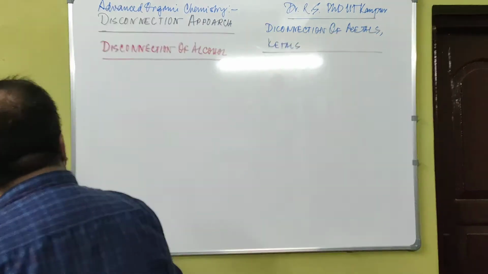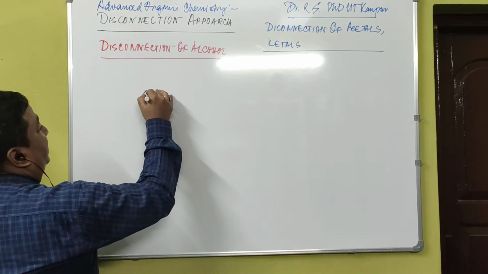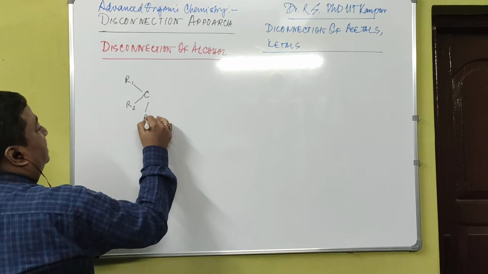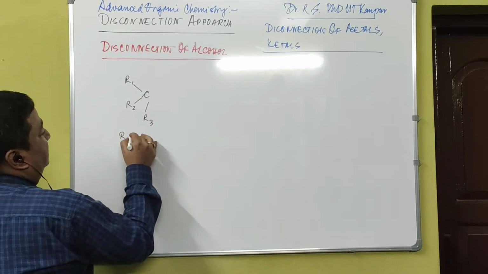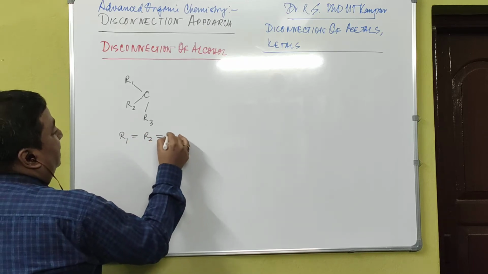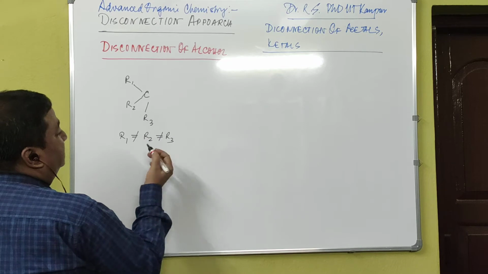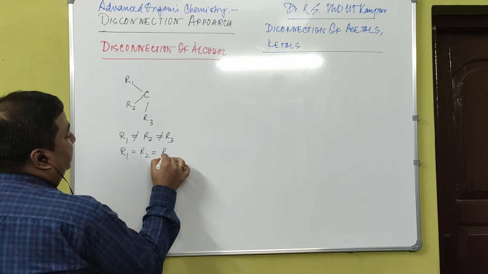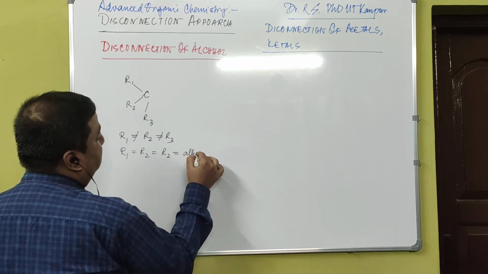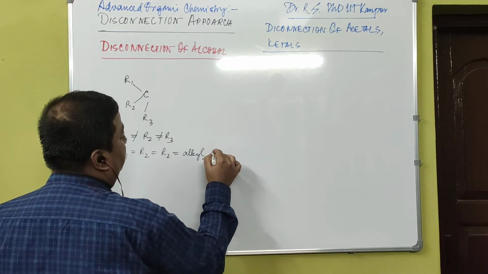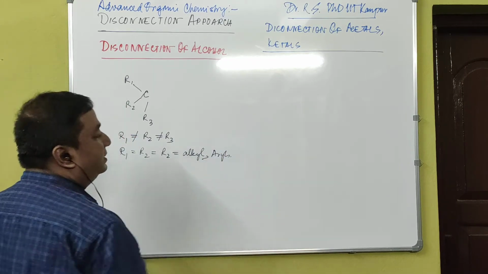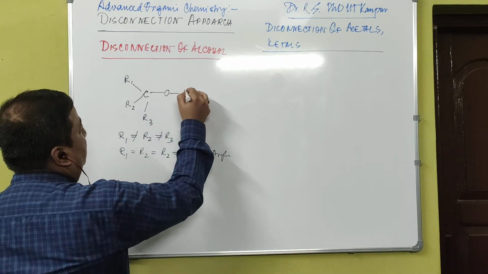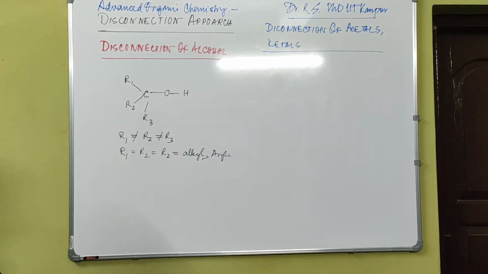So suppose I give you an alcohol, and I mention this is your R1, that is your R2, that is your R3. R1, R2, R3 are not equal, and they can be alkyls or aryls. So I have defined that first for you. Now there is an OH bond. All you have to do, you can take it as a rule,